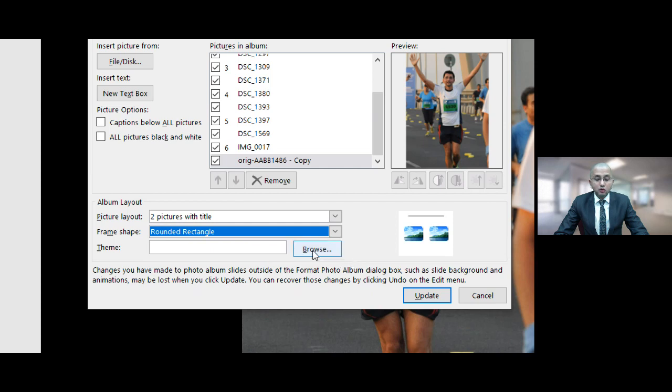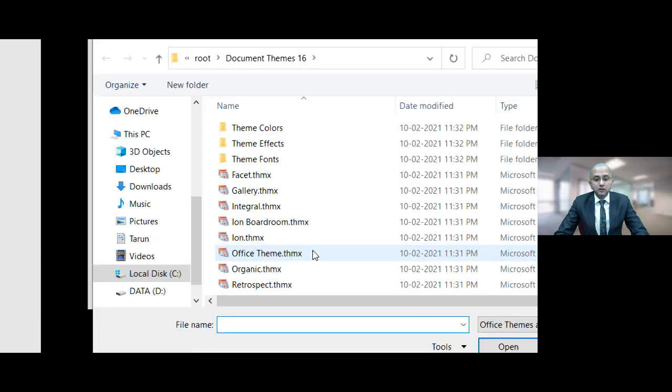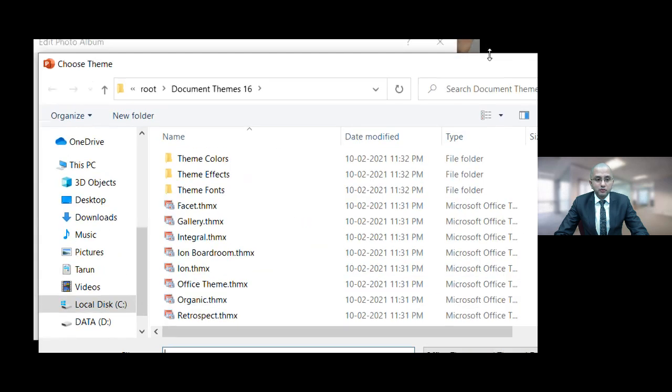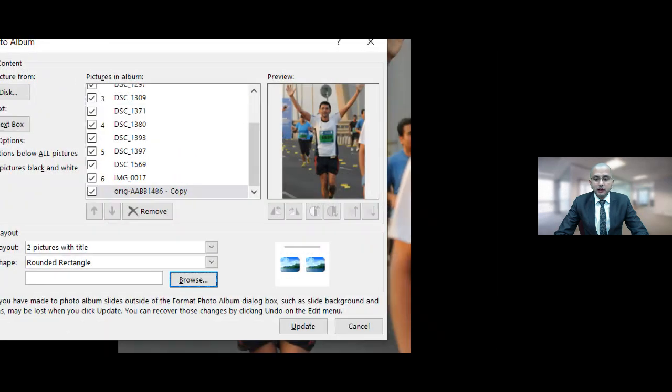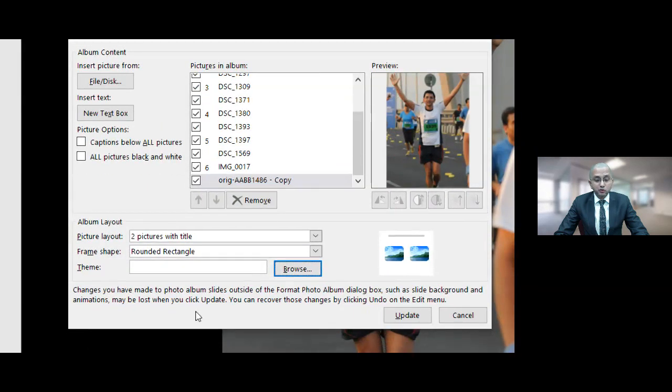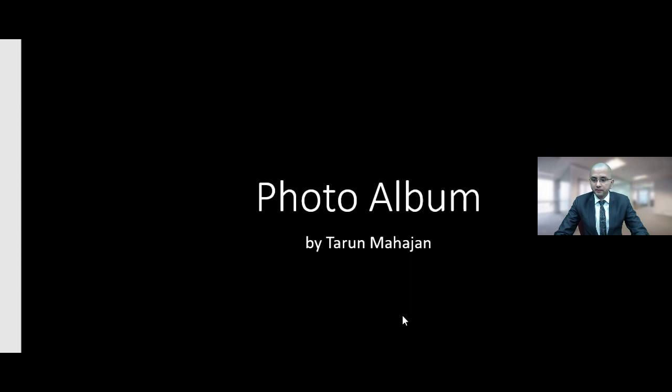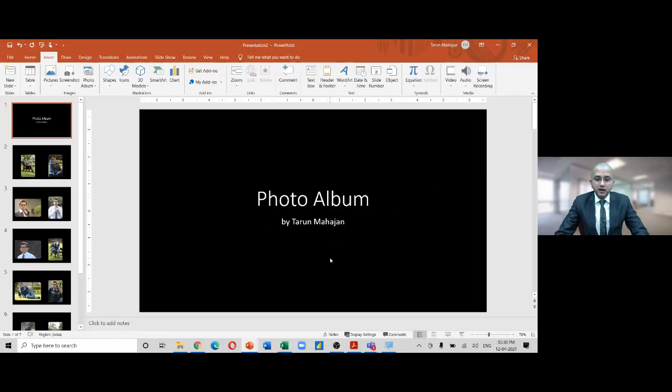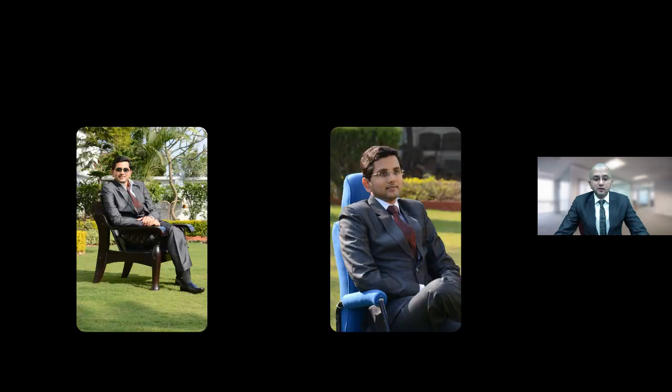And I can browse the themes also. Various themes I can browse, or I can simply let PowerPoint choose a theme by default and then I say update. And when I update it, a new PPT is quickly created. Look here. Both these pictures were portrait, so it has fit the pictures. See why there is a blank space